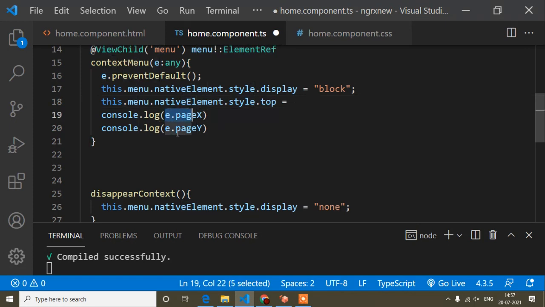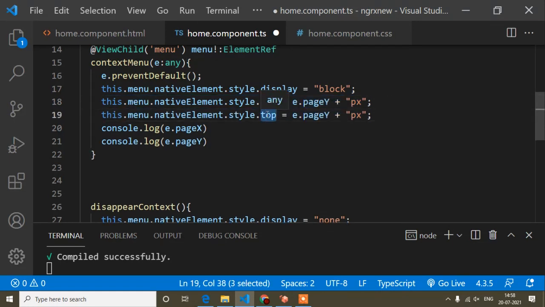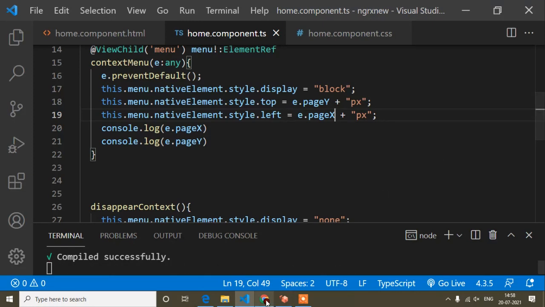So top means this Y, pageY. So I add plus and "px", that is pixel. Pixel is a string, so I will write it like this. The same thing I will copy and paste here, and this one I will write as left, and this one is the pageX. So I just copy paste here like this. So save and let's check it.